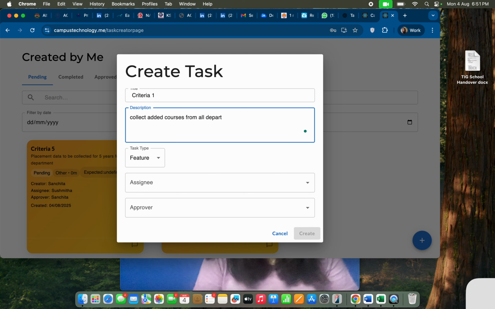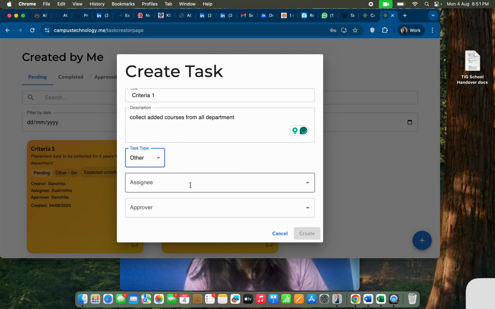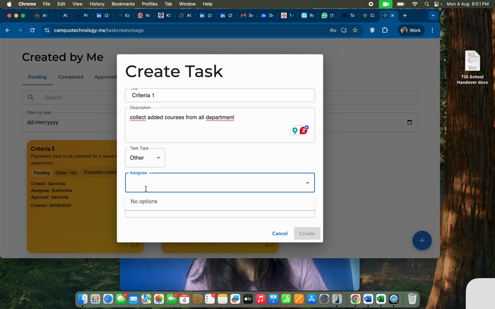Accordingly you can give responsibility to any other person, that can be any criteria coordinator or anyone. As I have told you, you have to create the user ID. That can be an institutional mail ID, or a personal email ID, any email ID.